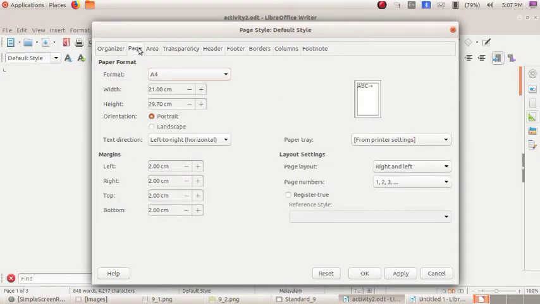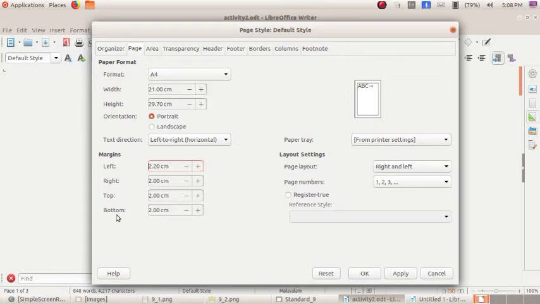See, there are a lot of options here. First of all, you want to change the margin. Here you can see the margins heading, and here you can see the preview. If you are changing anything in this section, in the right side you can see the preview of that. Now I am just increasing the left margin. Just see here what is happening. Did you understand? Then if you want to reduce it, click on the minus button. Likewise you can change the left margin, right margin, top margin and bottom.